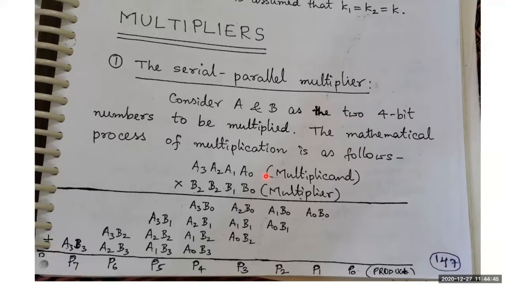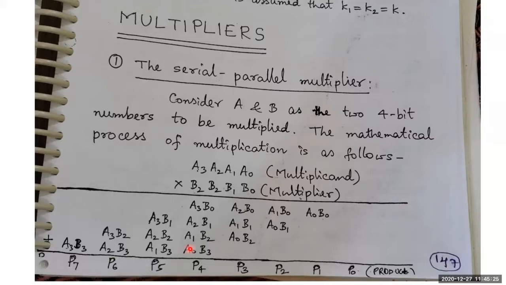So see now, kindly remember, whenever you are trying to multiply a multiplicand and multiplier of the same bit length, means if I am multiplying a 4-bit multiplicand with a 4-bit multiplier, your product will always be 2 times that. An 8-bit product will be obtained. In this particular binary, 8 bits have come over here. It is P7, P6, P5, P4, P3, P2, P1 and P0. So ultimately, you will come across 8 bits.